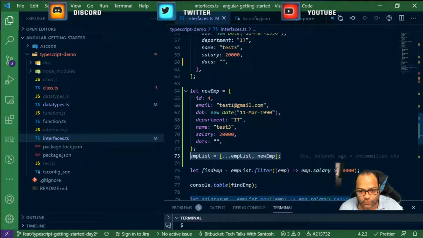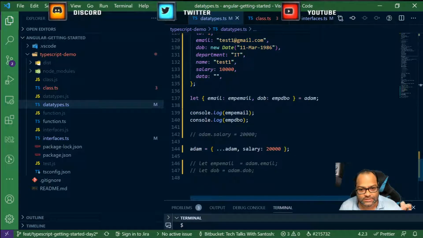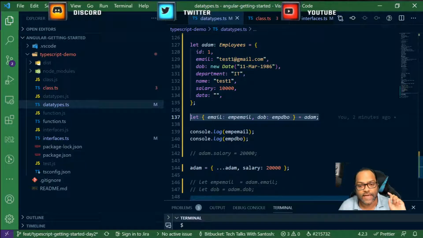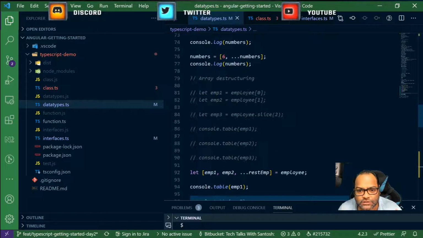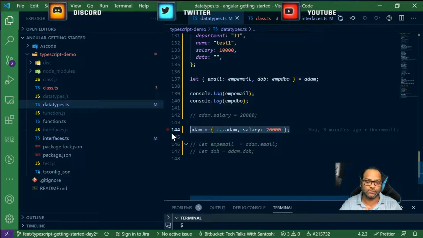So this is how you can do it using an array. You can also use the same syntax. So let me just let you know what this syntax is. This syntax is something known as object destructuring, and this syntax can be used for arrays as well, which is called array destructuring. So I think we might have used it while discussing arrays. So this is here for arrays. It is called array destructuring. I think this is what we did on day 2 or day 1. Yep. And this is object destructuring. So you can do both. You can also destructure an array. You can also destructure an object.